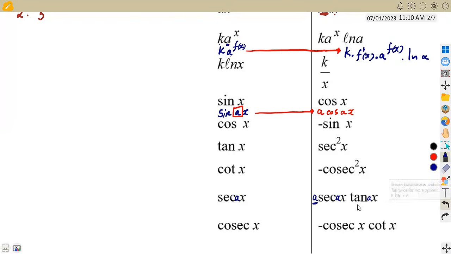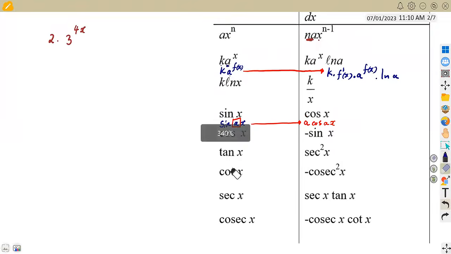So this is what I'm trying to say. These are some of the adjustments that we need to make on our formula sheet as we are answering our questions, because it's not given as it is. And also to add this part of a log, the derivative of a log, just a normal